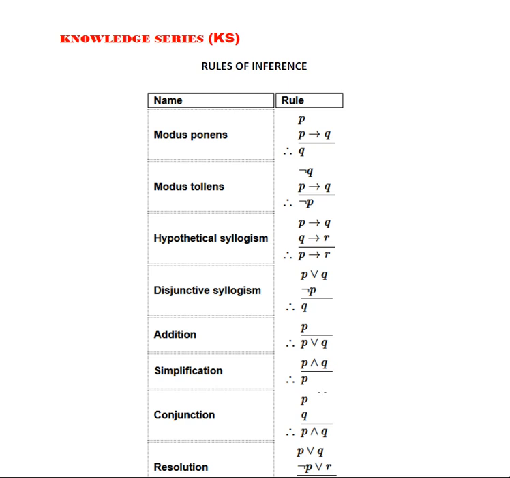As you might have gone through in my propositional logic series, there I have discussed these rules of inference. Now let me refresh the point which I discussed in this particular slide,